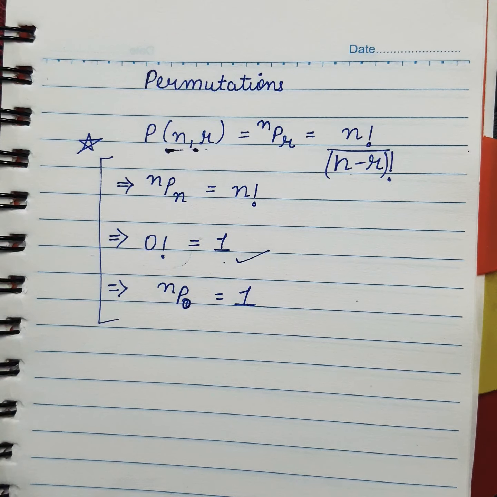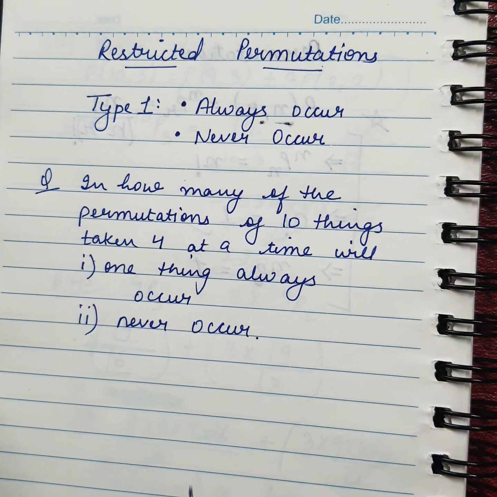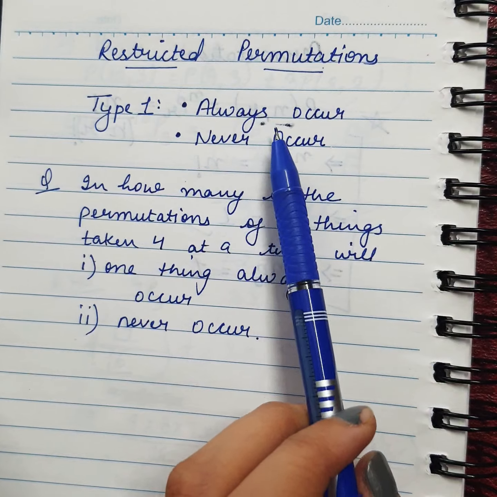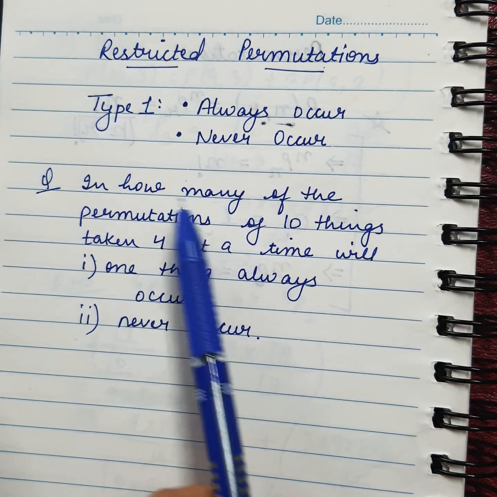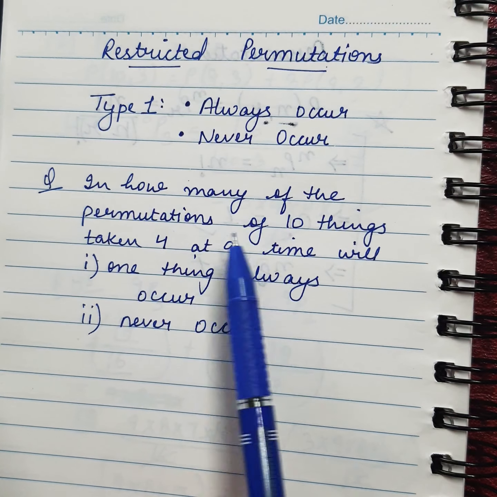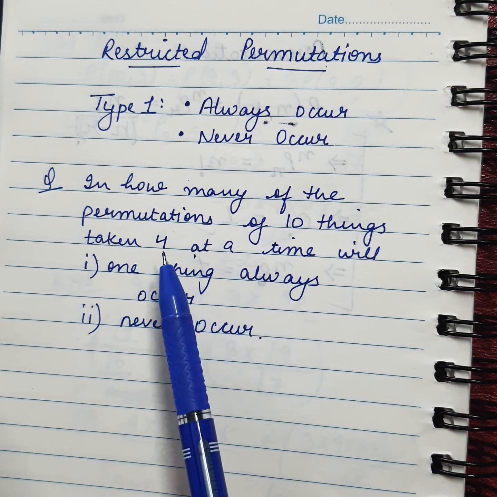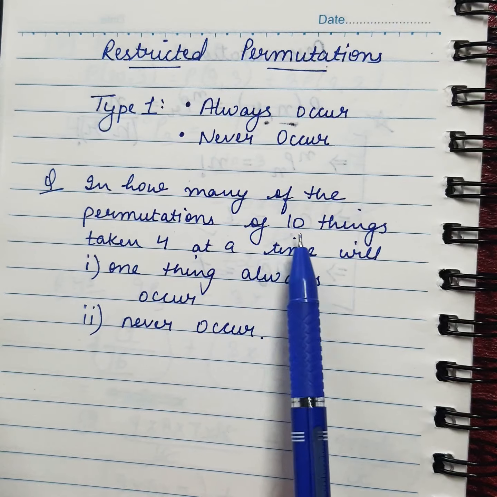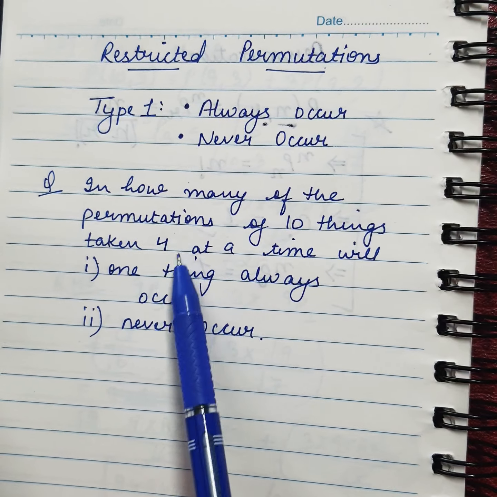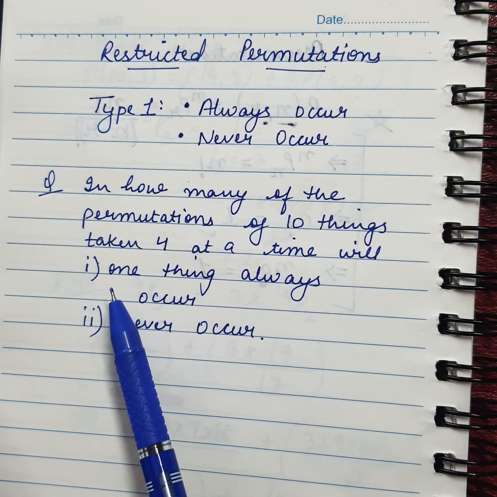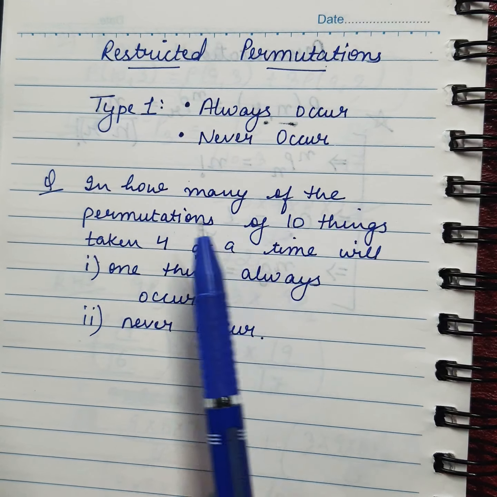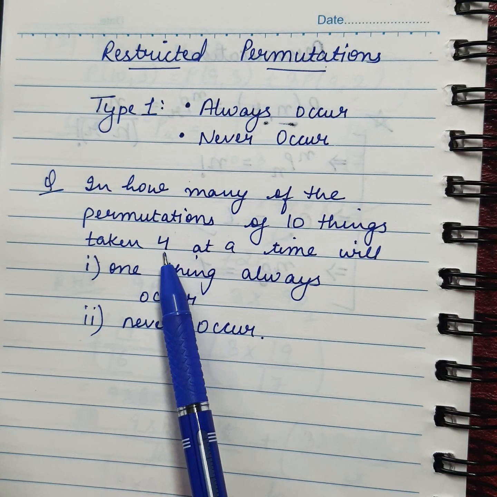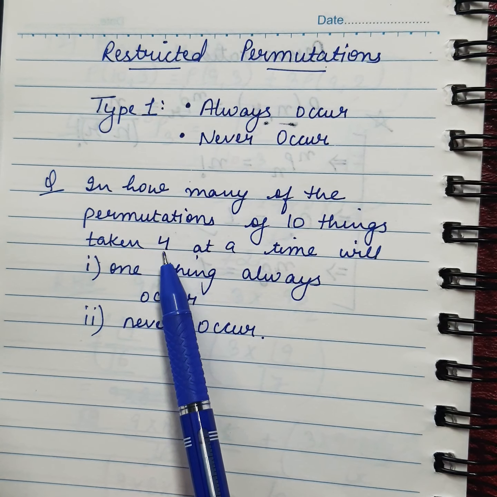So these are the points you have to remember. Now let's start with today's topic, restricted permutations. First type of restricted permutation: always occur, never occur. The example here is: in how many of the permutations of 10 things taken 4 at a time, so total 10 and 4 we are selecting at a time, will one thing always occur? So out of the 10 things in the selection, one thing will always occur. We have to make such arrangements,